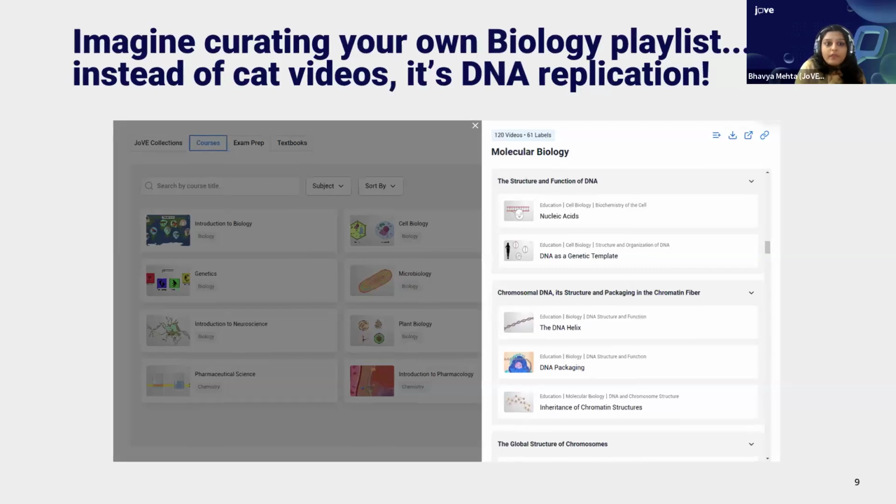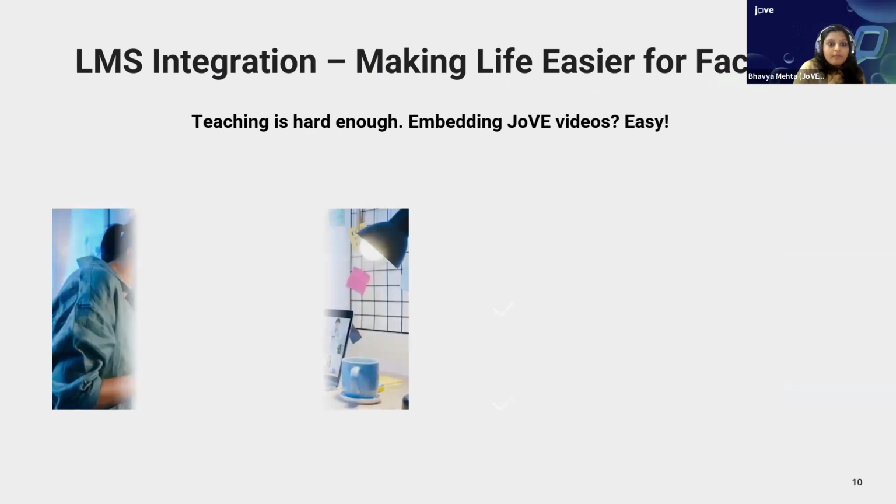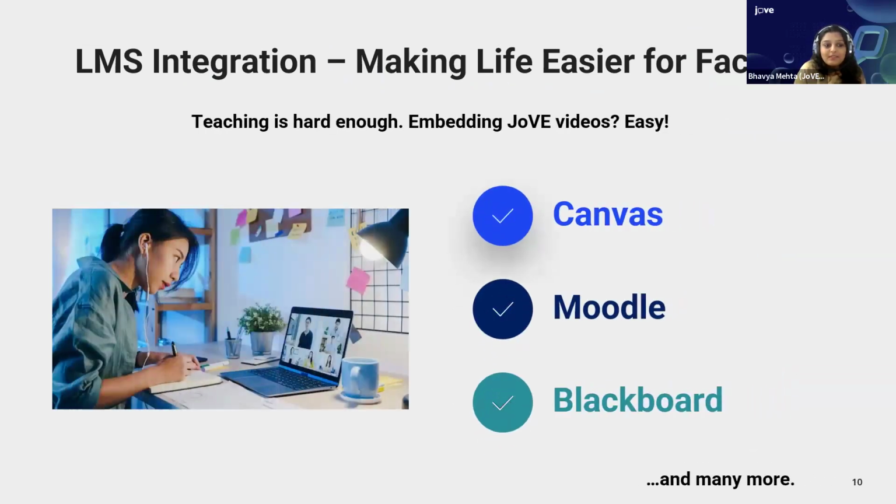Of course, all of these offerings are great, but how do you integrate them into your LMS? You might think that that might be something very difficult to do, but teaching is hard enough. So making the embedding experience of JoVE into any LMS of your preference, maybe it Canvas, Moodle, Brightspace, Blackboard,